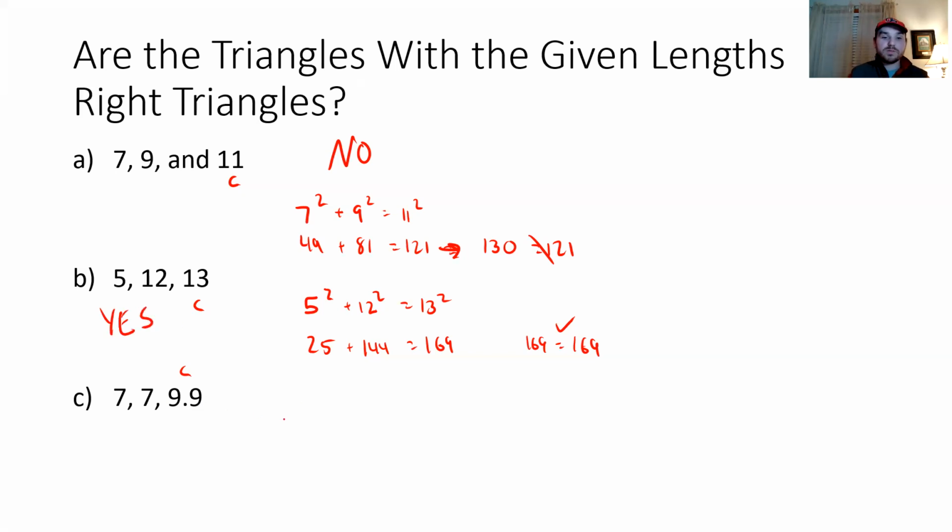Now, this is a little trickier. We've got 7, 7, and 9.9. So this would be an isosceles triangle for those of you who paid attention last unit. So we're going to have 7 squared plus 7 squared equals 9.9 squared. Now, these aren't going to be exact, but we're going to get 49 plus 49 equals, and 9.9 squared, let me grab a calculator because I didn't have this in my head, is